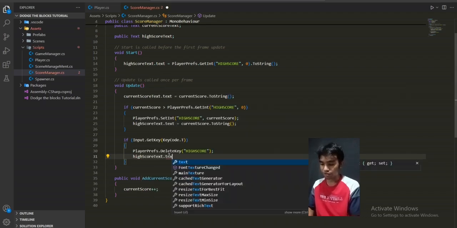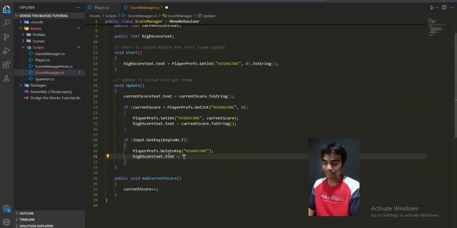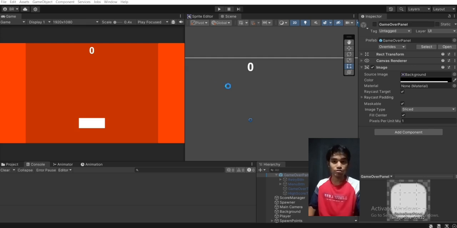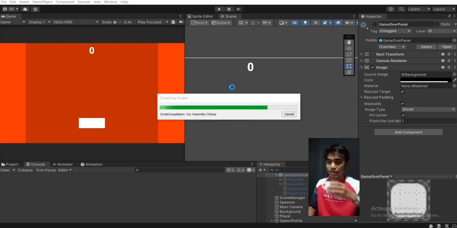High score dot text, I'm going to set equal to 0 in quotation, okay, and end with a semicolon. So basically I am just setting it to 0. Okay, so Control S on your keyboard to save your code. Now if I head back to Unity and play the game,